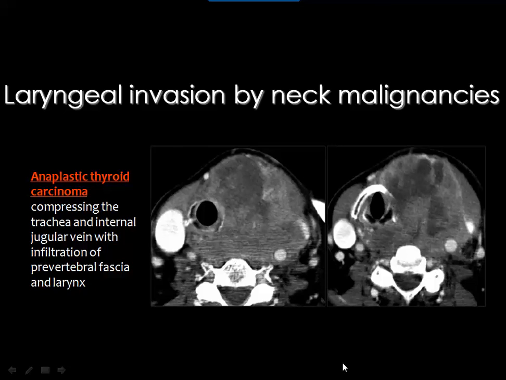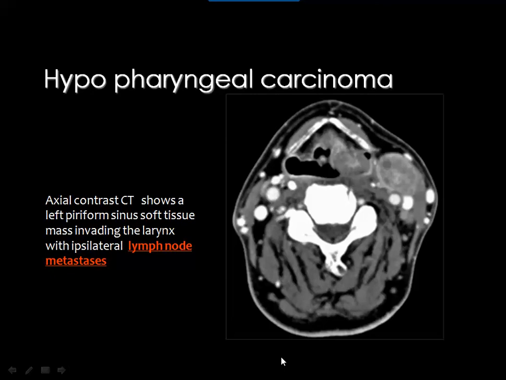Then metastatic invasion of the larynx is commonly occurring by the nearby malignancies like the hypopharyngeal cancer and thyroid carcinoma. And this is anaplastic thyroid cancer with a very big mass in the left thyroid lobe that has invaded the laryngeal lumen, destroyed the thyroid cartilage as well. This is a common occurrence in the clinical practice to see a malignant tumor, especially in the hypopharynx or in the thyroid, to invade